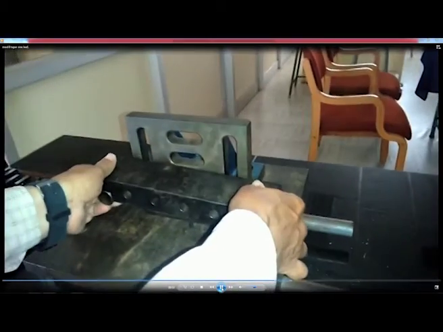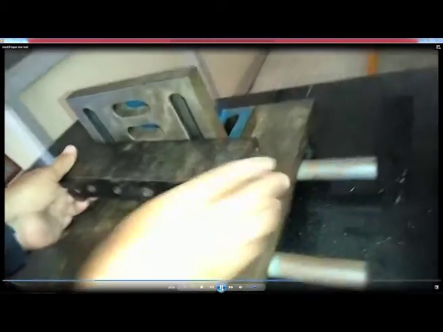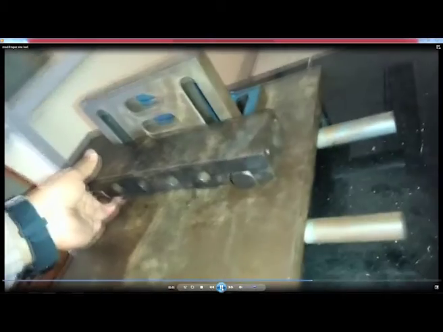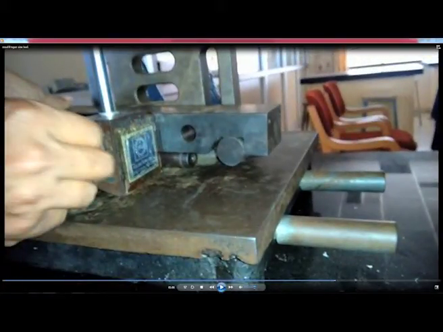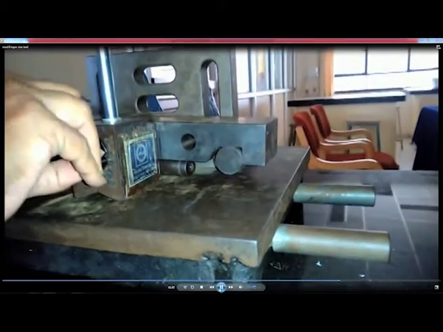Now, we have to mount the sine bar on the workpiece, that is the tapered component, and then we have to keep the magnetic stand in front of the sine bar so that it will not fall. So, on the back side, on the other side we have the angle plate, and from the front side we have the magnetic stand to support the sine bar, and then the magnetic stand is switched on.